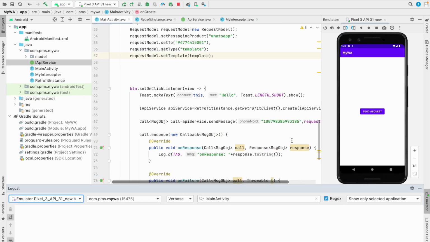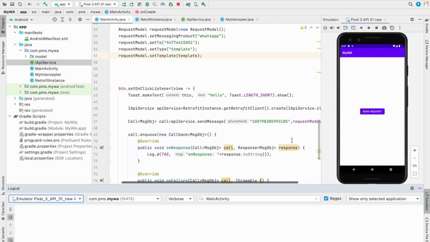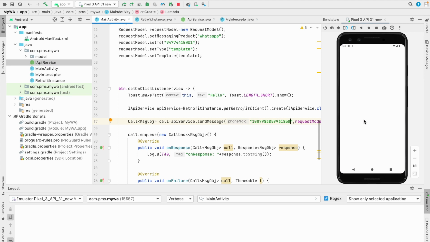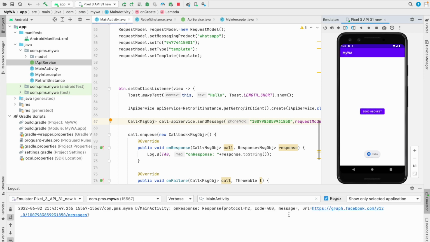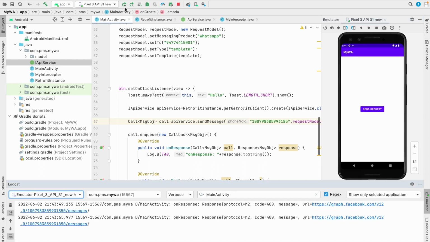So finally, you guys see the reason for the error message. Here I am using the phone number ID, and the phone number ID is wrong, that's why I am getting 400 as a response, right? For example, I put a 0 here and run the app and send the message. You guys see 400, right? So I remove the 0 and run the app again,